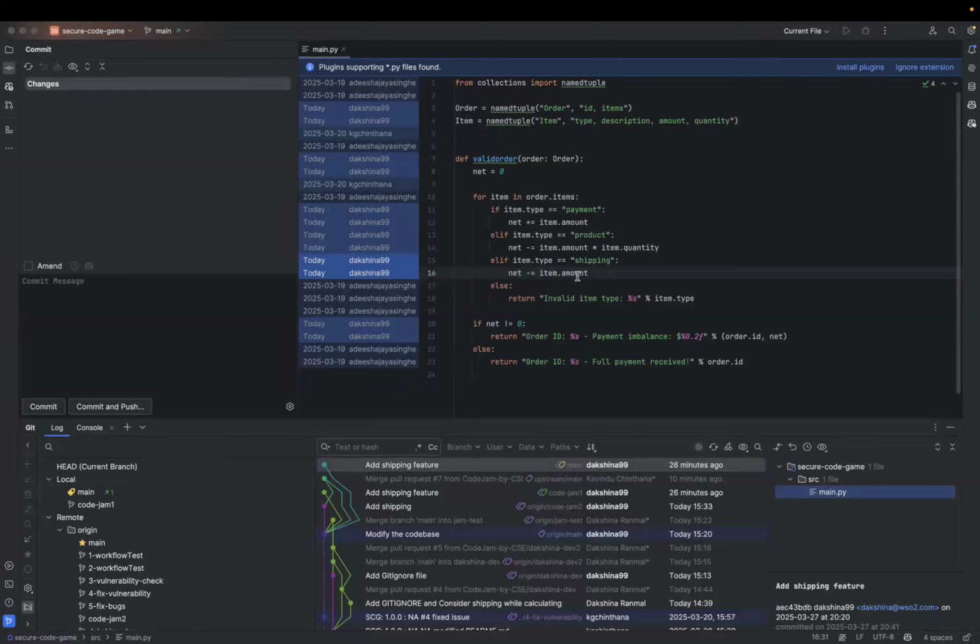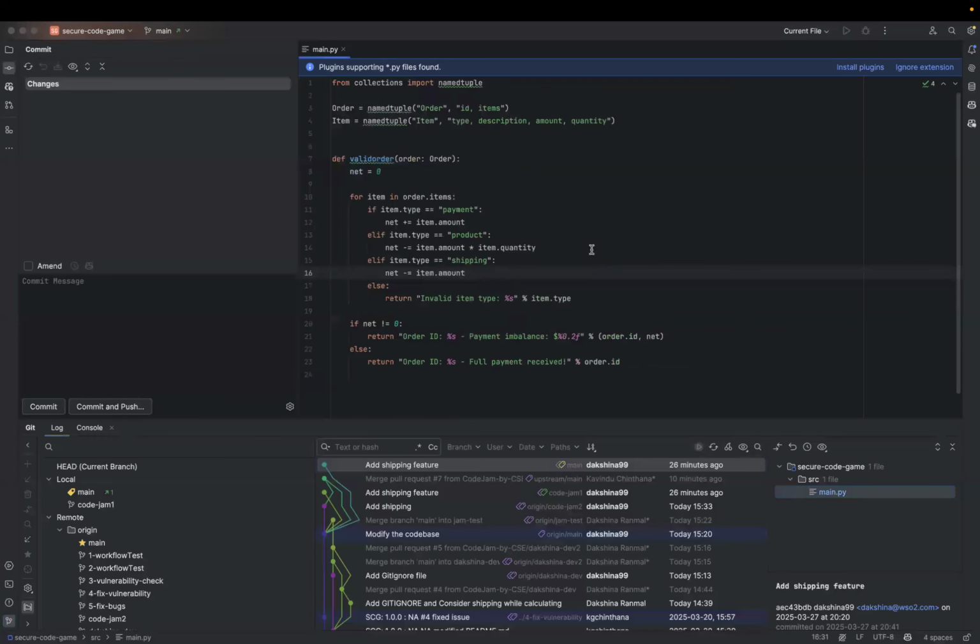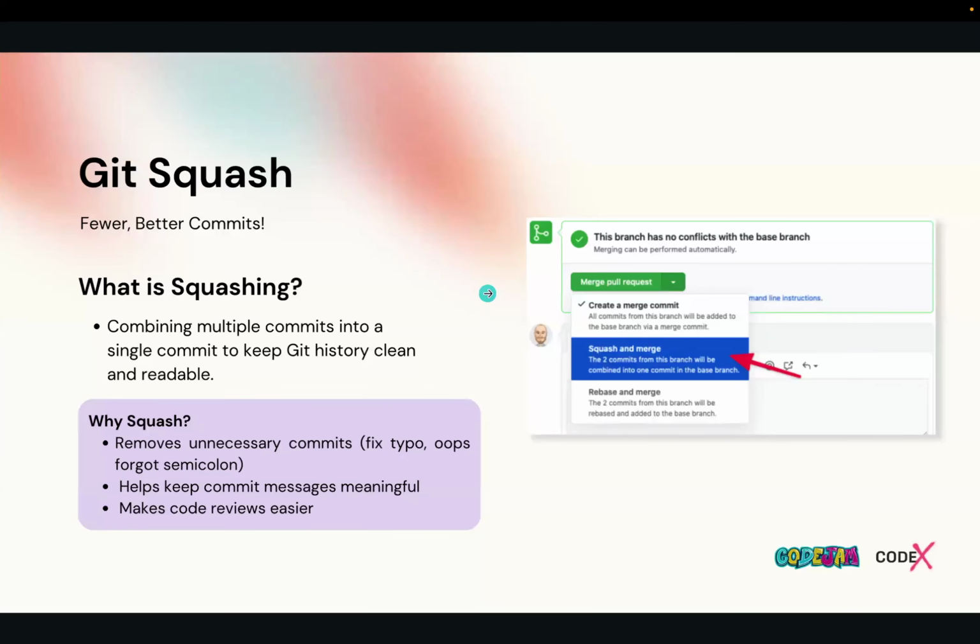I will see adding changes to the shipping feature, or fix things on shipping feature. Then the one who comes a decade later will be confused, right? I have added one commit to add the shipping feature, and then there is a fixing commit again. There can be a huge number of commits on top of that to implement the shipping feature. So how can I find that? I have to go there, find the PR and analyze everything from that. I cannot track it locally. So to avoid that, you can use git squash before merging the changes to the main branch.